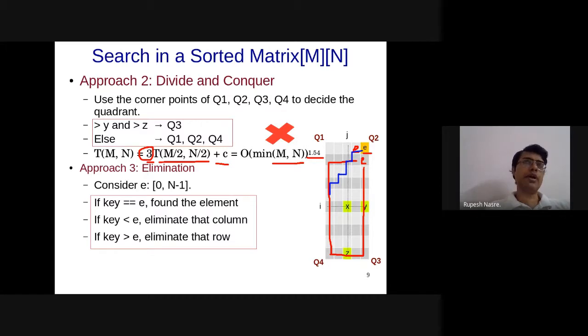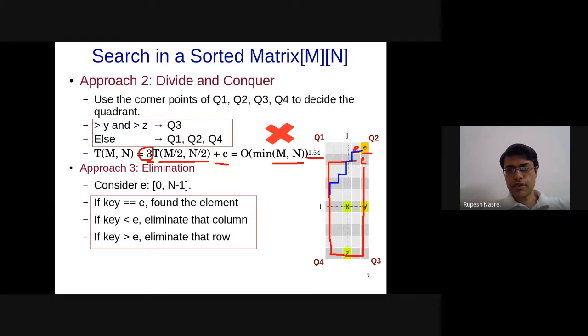So it will be the minimum of m and n plus log of the maximum of m and n. That is another possibility that will change the algorithm a little bit. So that optimization is possible. Okay, good. But as far as this algorithm is concerned, we are going to require m plus n steps. Worst case, it can be at Q4 when starting from Q2. Yes, that is correct, and therefore you might require m plus n steps to reach there.